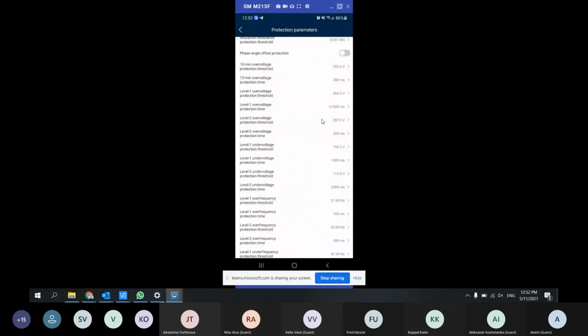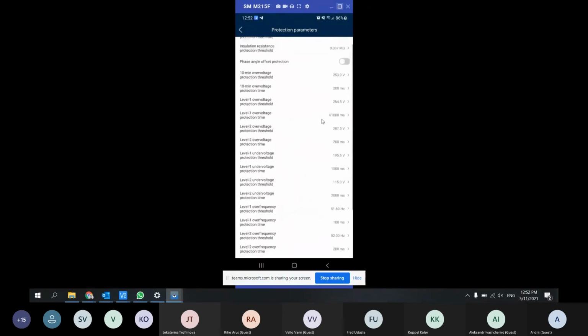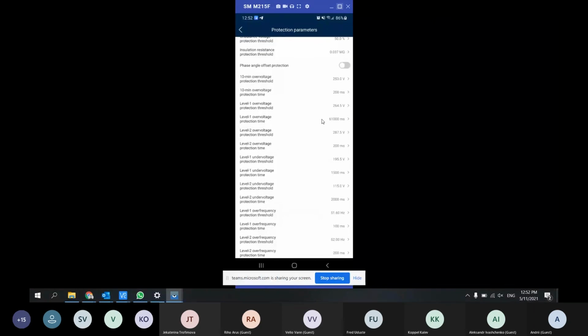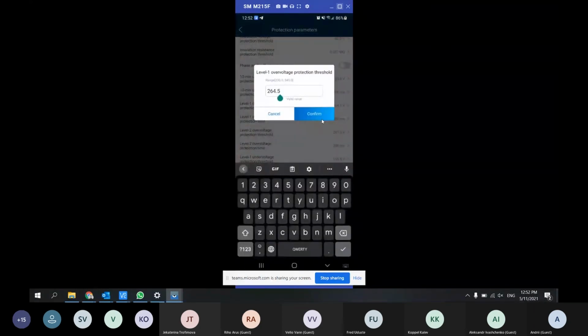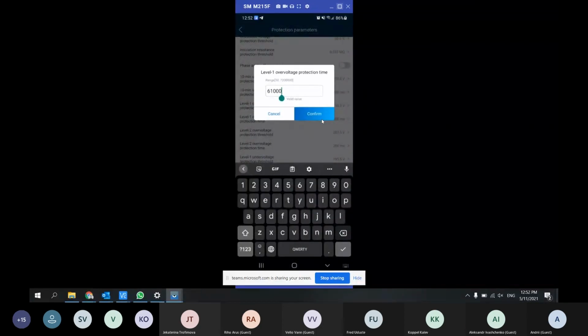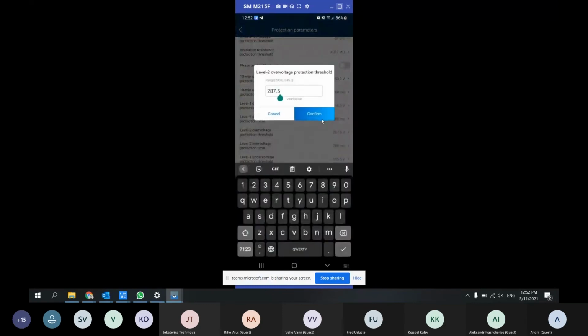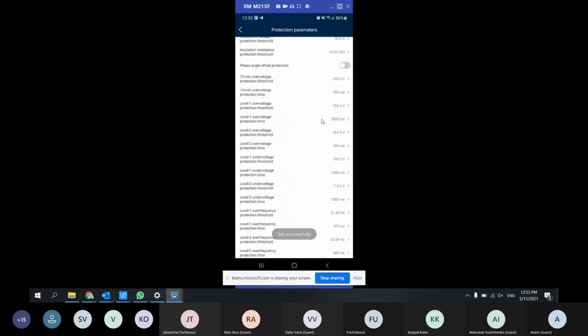Then the upper voltage, level 1 over voltage here, should be 255.3, with 3000 milliseconds. And level 2 over voltage should be 264.5 with 100 milliseconds.